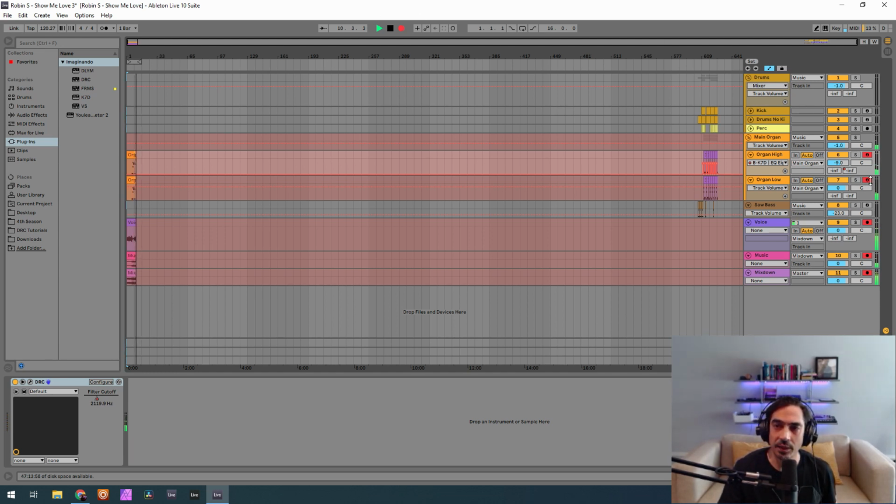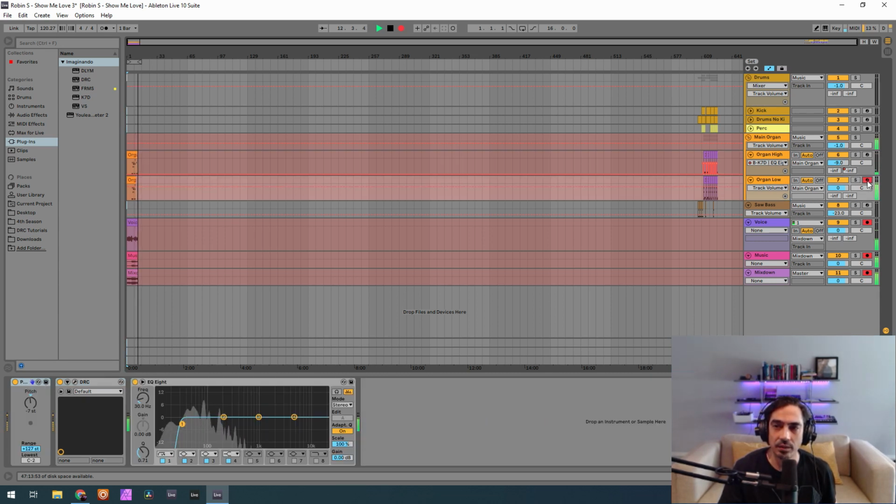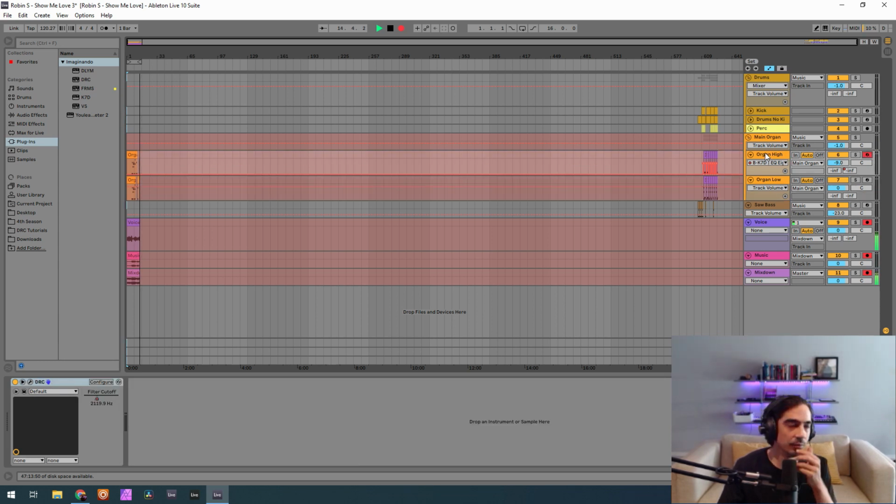Which is actually composed of two sounds, this one and this one. I believe the Korg M1 is a wave table synthesizer, and to create this amount of harmonics we actually need two DRCs because it's a 3 oscillator subtractive synthesizer, but we can get there. So let's start by doing the first part.